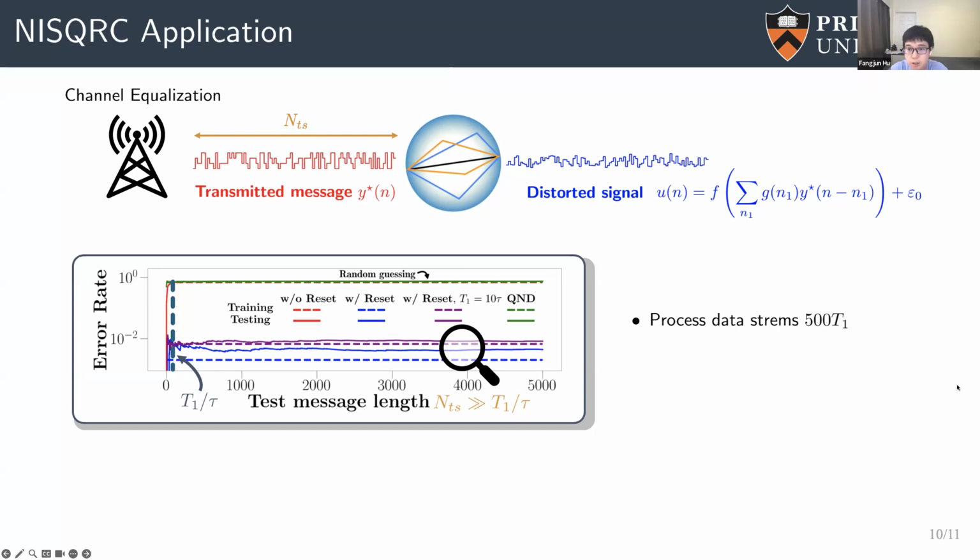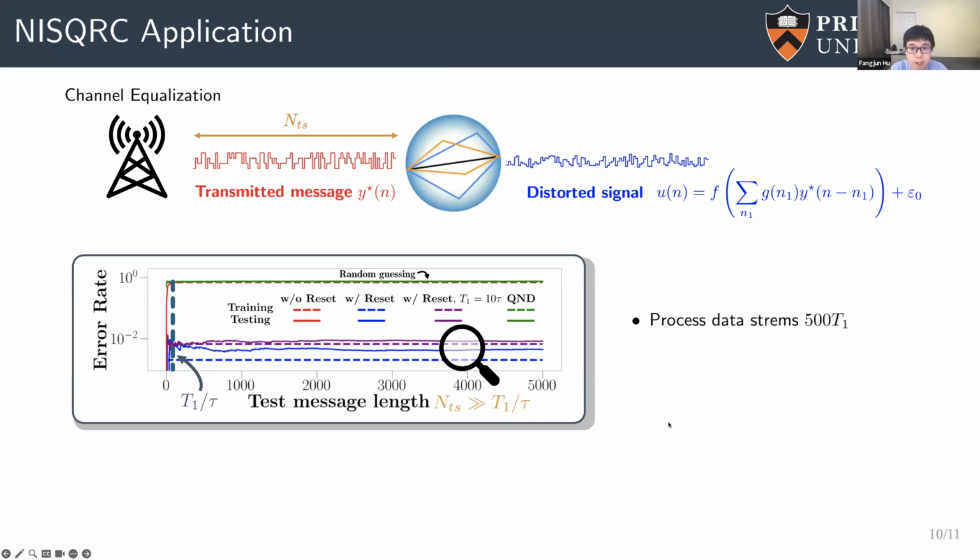In this plot, we process some data which has a length of 500 times the T1 time. And you can see the NISQRC still processes this task